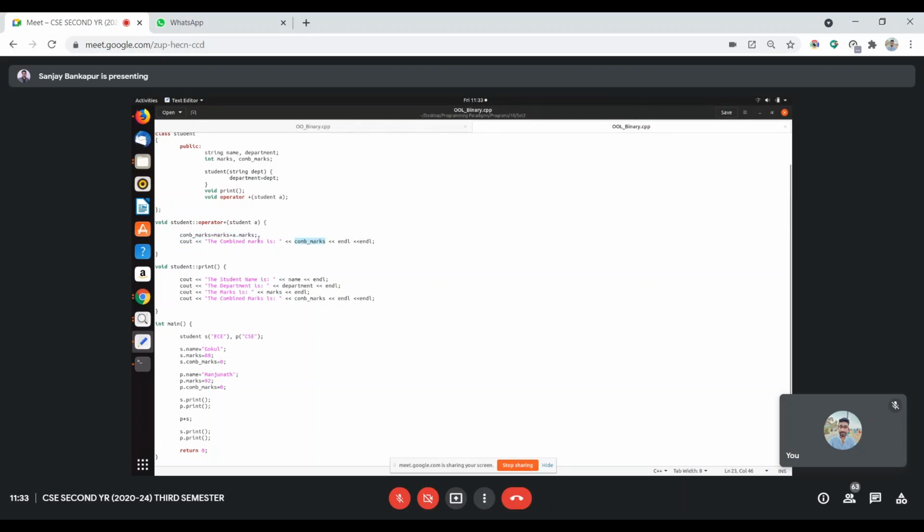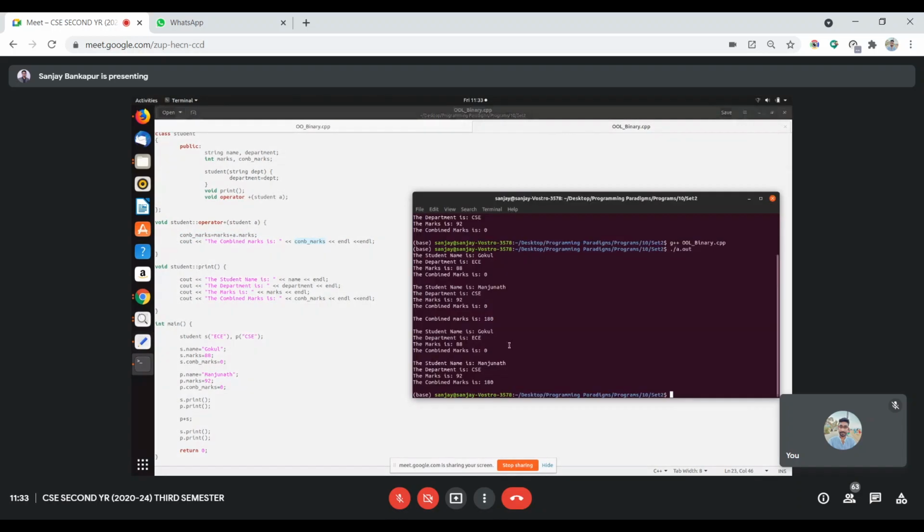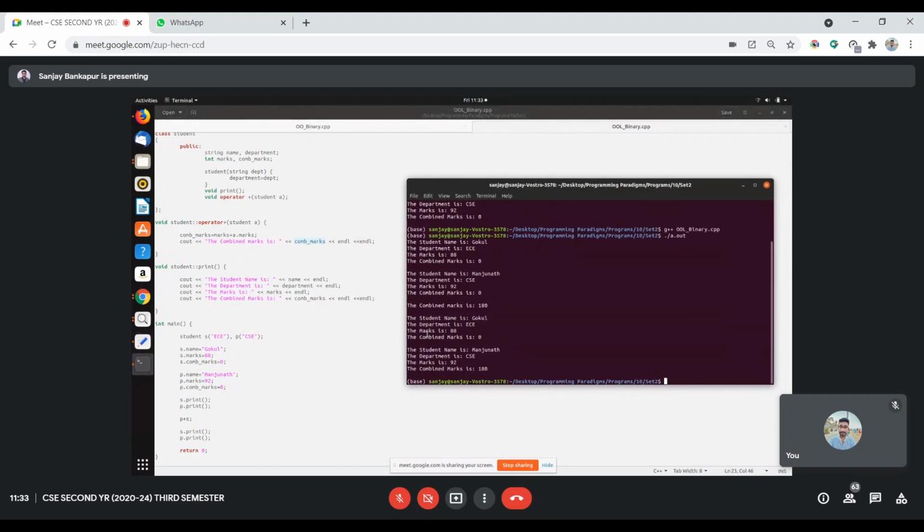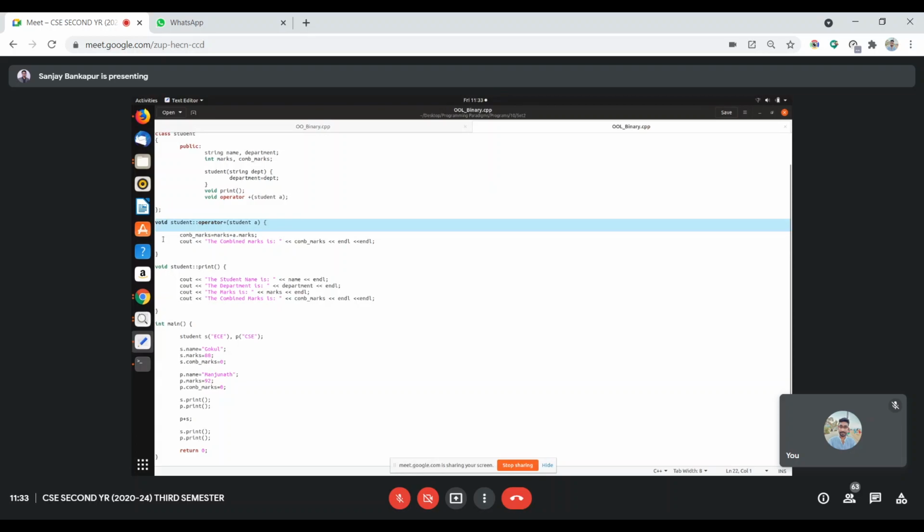But to validate from which object it is getting displayed, if we go and check the combined marks of Gokul, yes, it is still 0, but however the p object, that is the Manjunath object, the combined value is set to 180, right? So this method from the first operand is getting executed, and the second operand's values are just looked up.